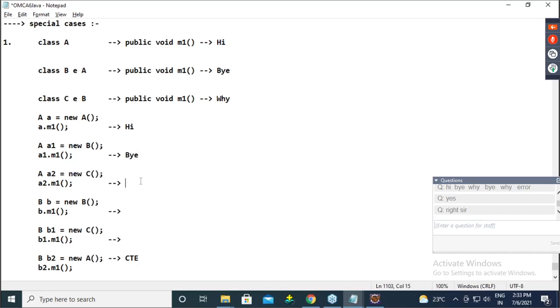Here overridden implementation of C, that means bye. Here normal B object, so bye. And here upcasting with B1, so bye. Guys, update your answer, note it down.